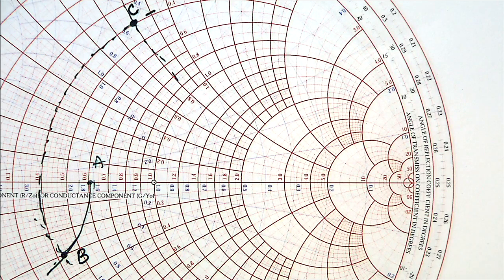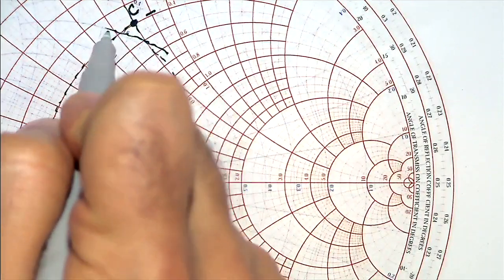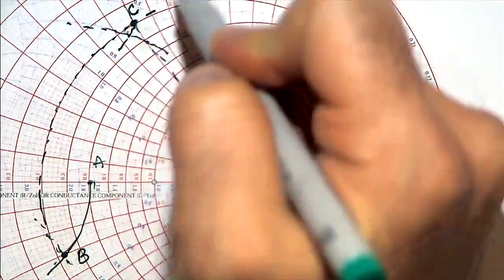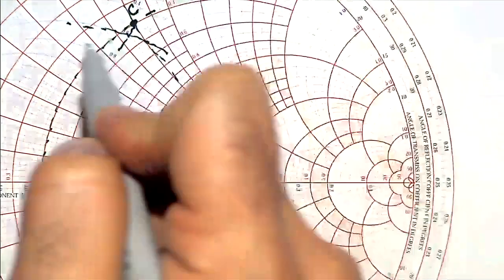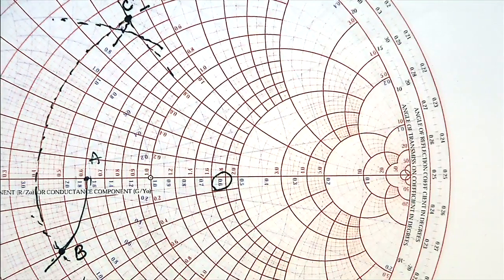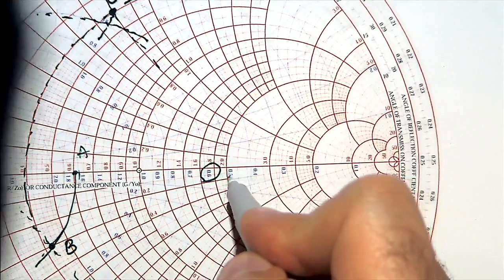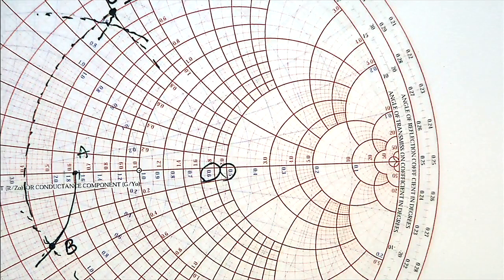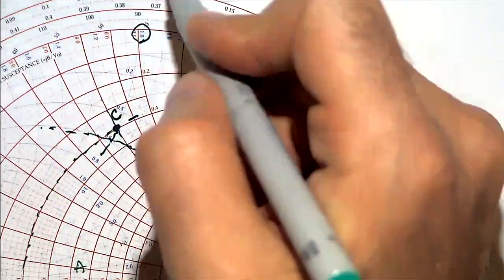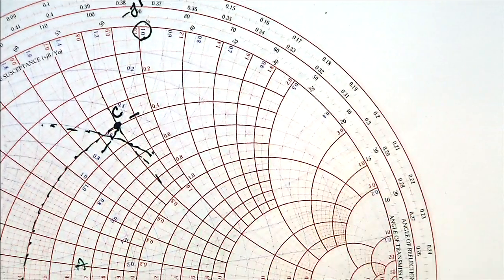Again, I'm looking at the admittance of this, which is very easy. It is intersection of this circle and this circle. So this circle is coming from this number. This circle is coming from this number. If I don't make a mistake, or this number maybe. Yeah, 0.5 and 1. So this is 1. So this is minus J1, and this circle is 0.5.